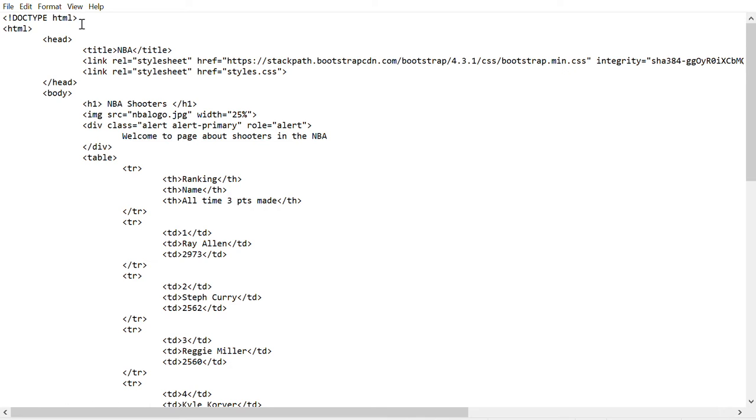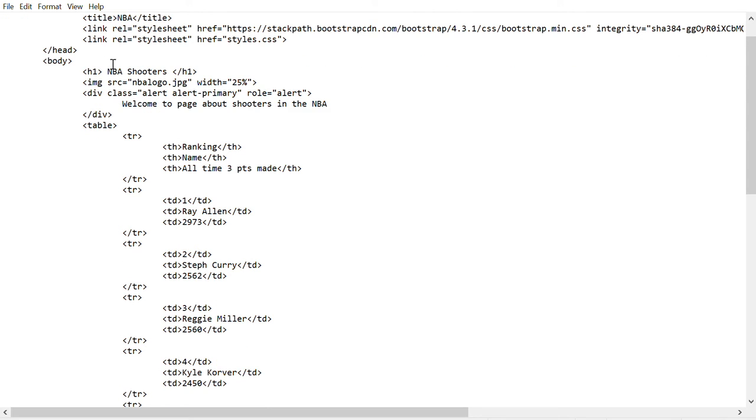So to start off with, the index.html file with the title set as well as the style sheet reference from the Bootstrap website, along with the styles.css style sheet. To begin, we have a heading called NBA Shooters with the image of the logo at a width of 25%, and the class,